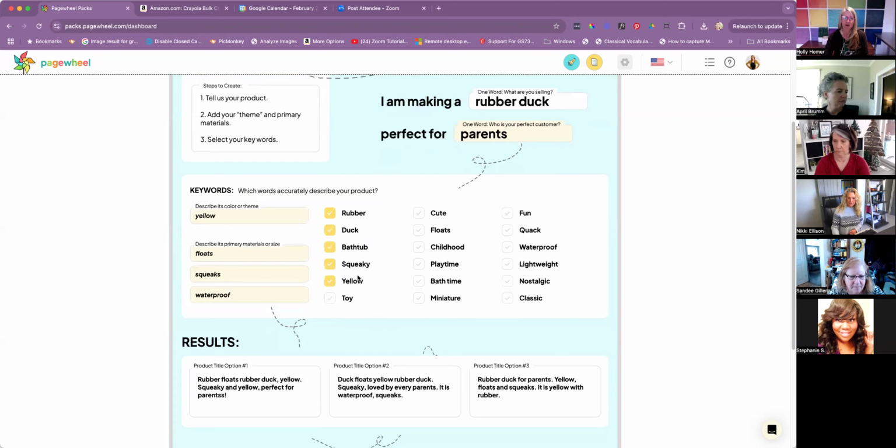Squeaky, yellow, toy, floats, bath time. And you can see every time I click something, it changes these three product titles. Nostalgic, classic, quack. That's fun. So if you're creating a title, what I have done in the past is just open up a sheet of paper, like that would be your title scratch pad, and pull some of these different things in